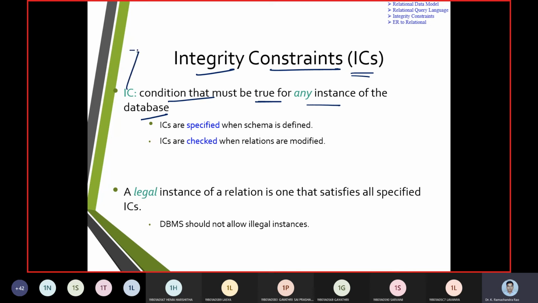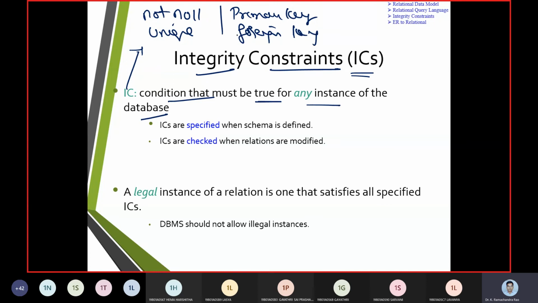Then what are integrity constraints? The best examples are not null, unique, primary key, followed by foreign key. These are the mostly used integrity constraints.